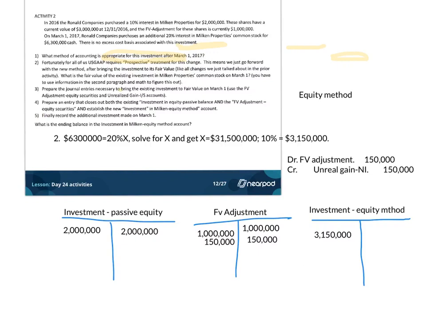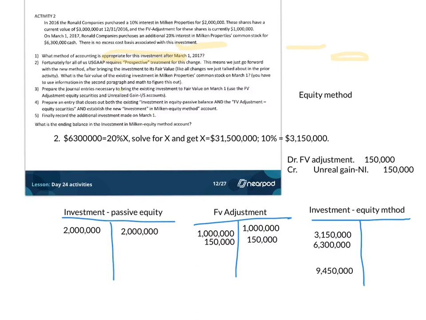All right, so now we're at number 5. Record the additional investment. Again, I'm not going to write out the journal entry because I know you can write out the journal entry without me. This is where we're just going to record the additional $6,300,000. And so that definitely would be a debit to the investment account and a credit to cash. And then I ask you what's the balance in the investment account at the end. So that is just summing up this balance, and it is $9,450,000 would be the ending balance.